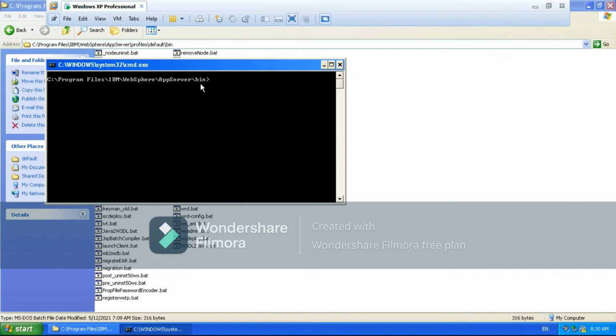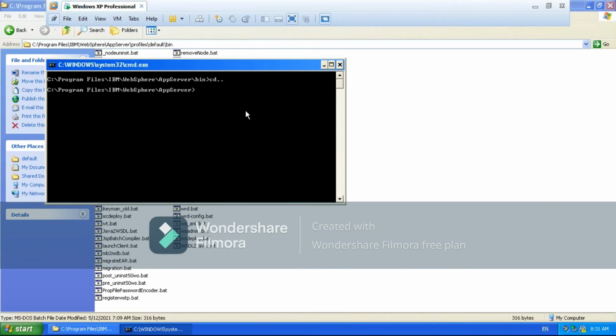Now you are in the bin directory of WAS home, but you need to start the JVM of the default profile. The bin directory is there at WAS home as well as at profile home. Which bin do you have to go to? You have to go to the profile home bin directory, for whichever profile's JVM you want to start.